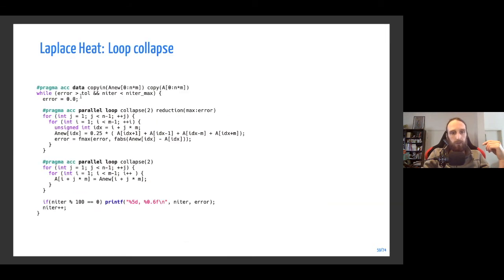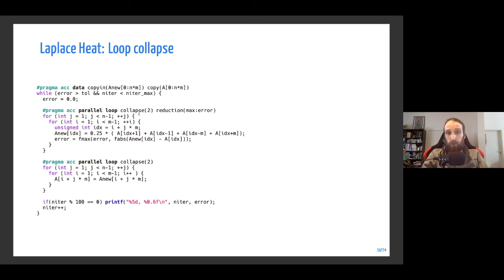The idea there is that the J and I loops will be merged into one loop that will be n minus 1 multiplied by m minus 1 iterations long. So we collapse this loop using the collapse clause. As we have two loops, we use 2 as the argument to the collapse clause.